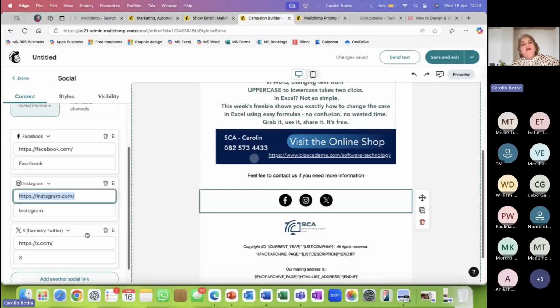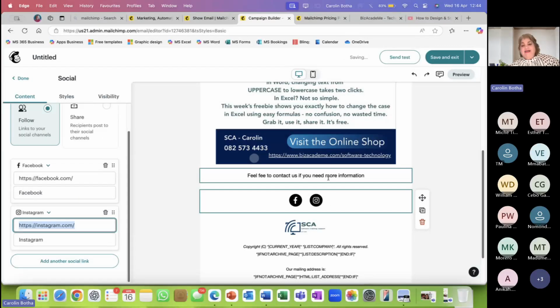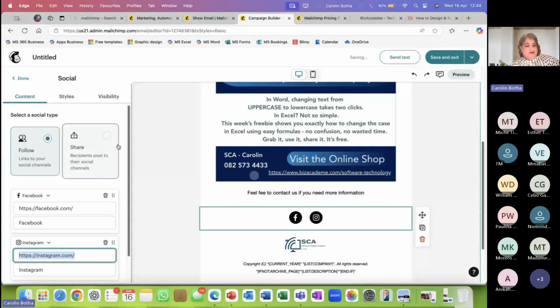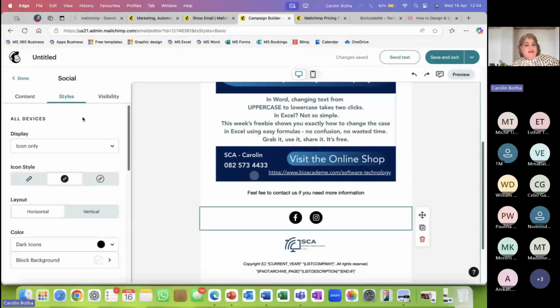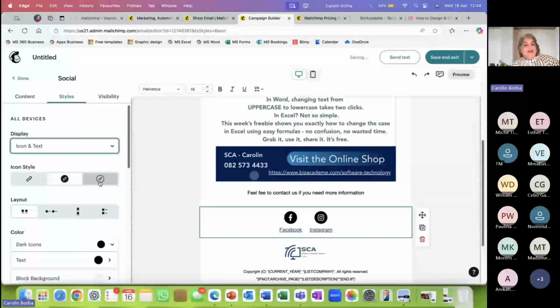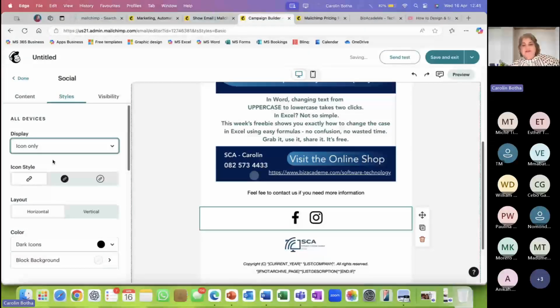And if you don't have a Twitter account, or you're not an Elon Musk fan, let's just delete it over here, and that social media icon will disappear in total. You can go to style and decide whether you want the icon and the text, or just the text. But I think, sorry, I clicked on the wrong one.